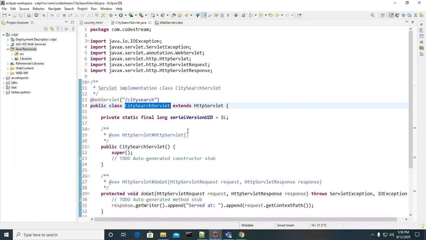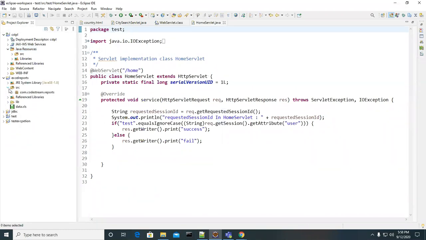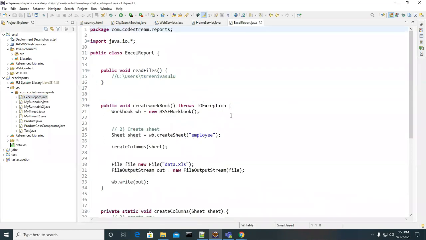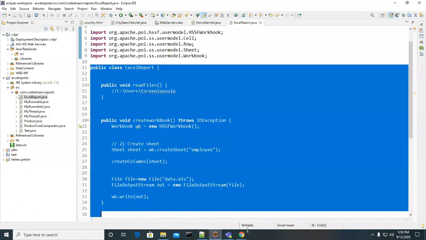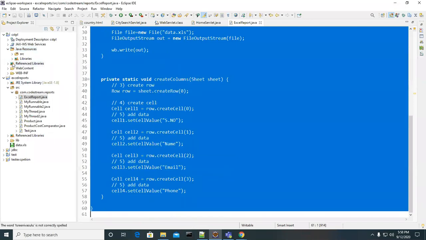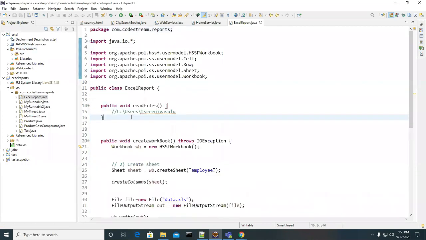Let me go here, in the test class or something. Now you guys tell me, is this Excel report a servlet program? Okay. How did you decide it is not a servlet program?